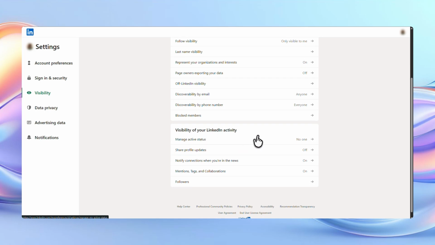hidden. If you ever want to change this again later, you can return to the same settings area and update it anytime. This is a quick and simple adjustment, but it can make a big difference if privacy matters to you. It's especially useful if you prefer to manage your networking, job searching, or messaging activity without appearing available in